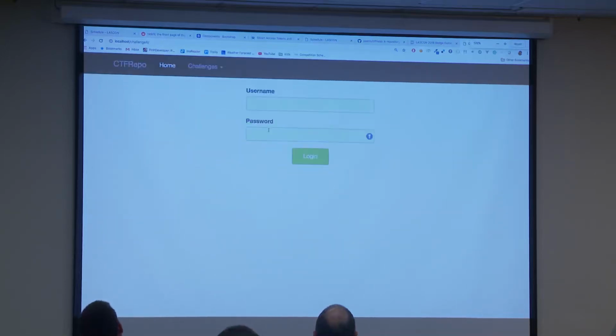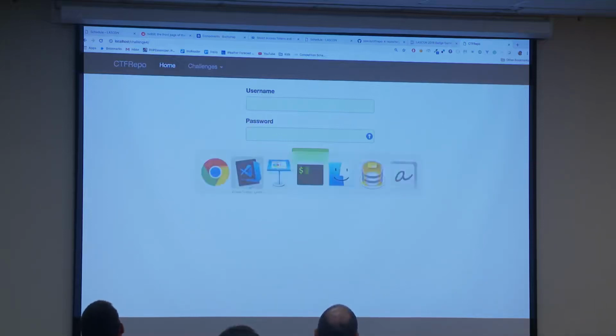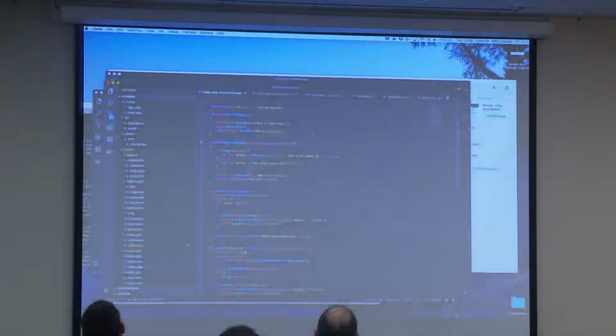So we are given a username and password. This is the login for your application. SQL injection? Hang on, let me check my notes here and see if I have. Sorry,